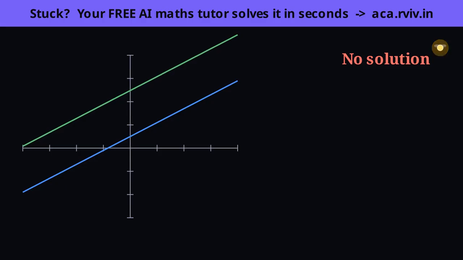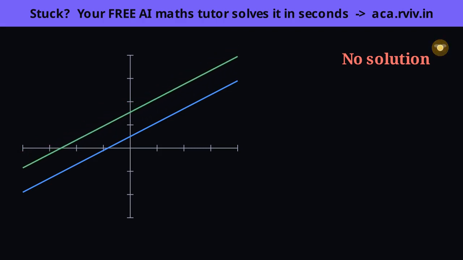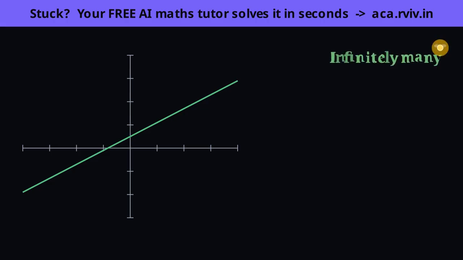Now here's the surprising third case. The green line is still parallel, same slope, but I'll slide it sideways, lowering it, until it drops right on top of the blue line. Watch the moment they coincide. Up to now parallel meant never touch. But if two parallel lines happen to sit at the exact same height, they don't just touch at one point, every single point of one is a point of the other.